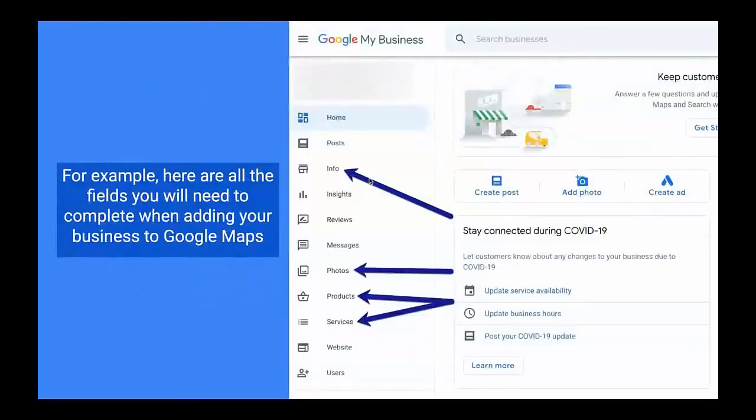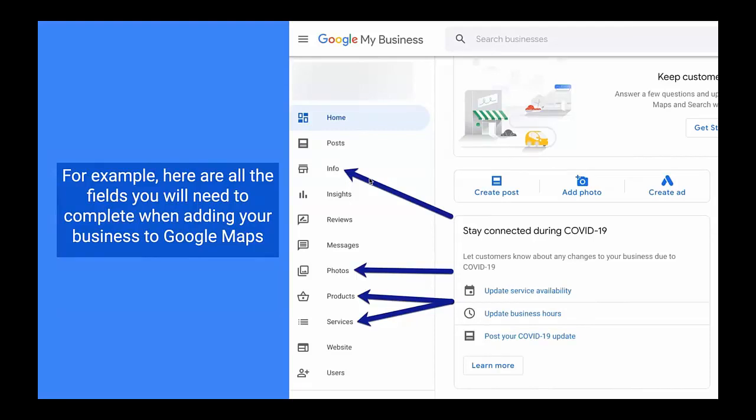Now, this is just one example of one major local maps dashboard that you want to be verified in. This is Google My Business. It powers Google local search results. So whenever people turn to Google through their app or the generic Google search results, if it's something to do with local businesses, this is where you want to rank. I marked these fields for you to know this is what you want to complete very carefully once. So there's nothing to do there unless there are any changes to your operations, working hours,